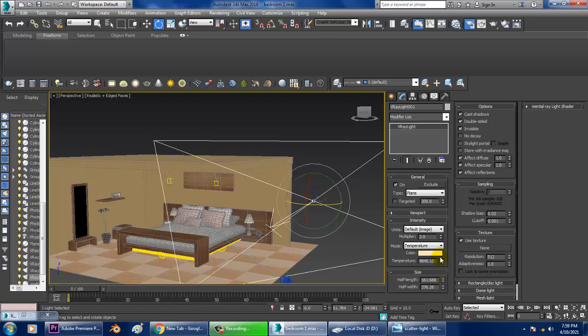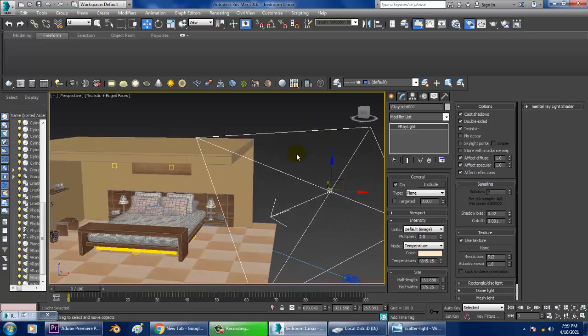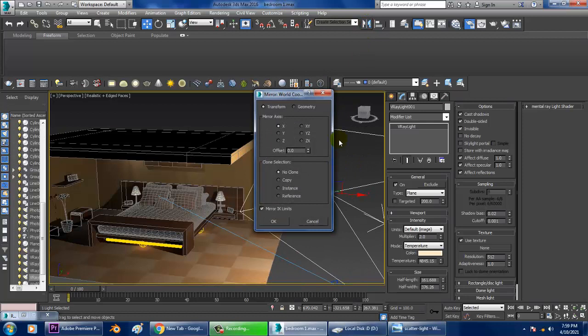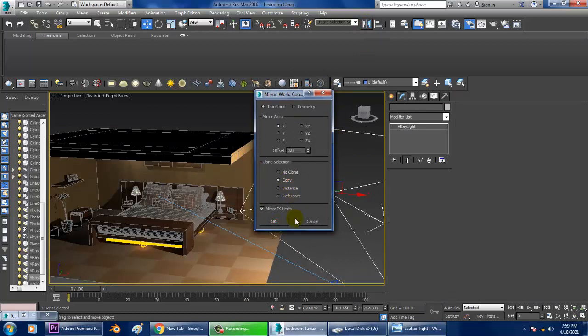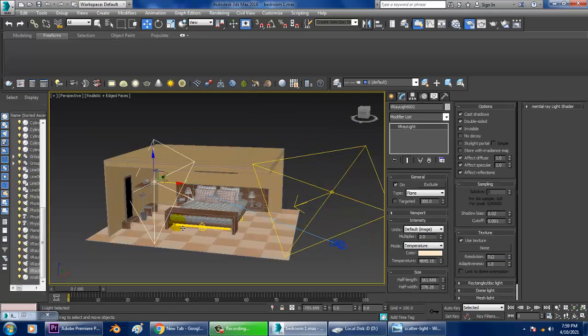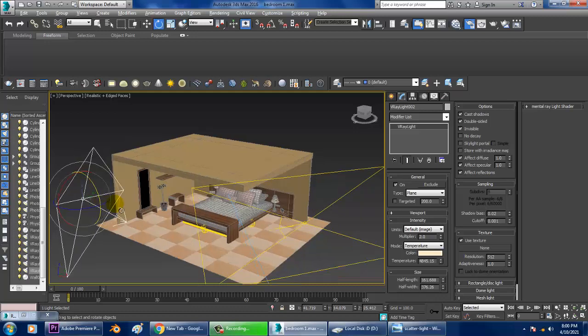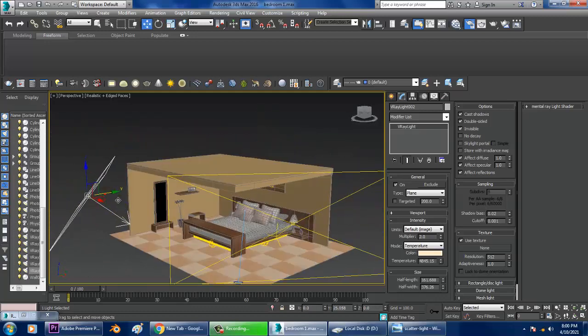We can make it more lighter, and I'll just mirror this, copy it, and I'll slightly shuffle this in this area. Okay, I'll reduce its intensity to 0.5.